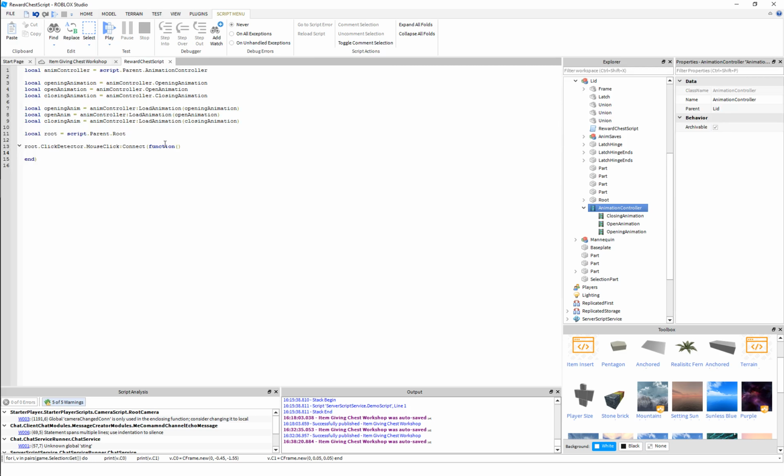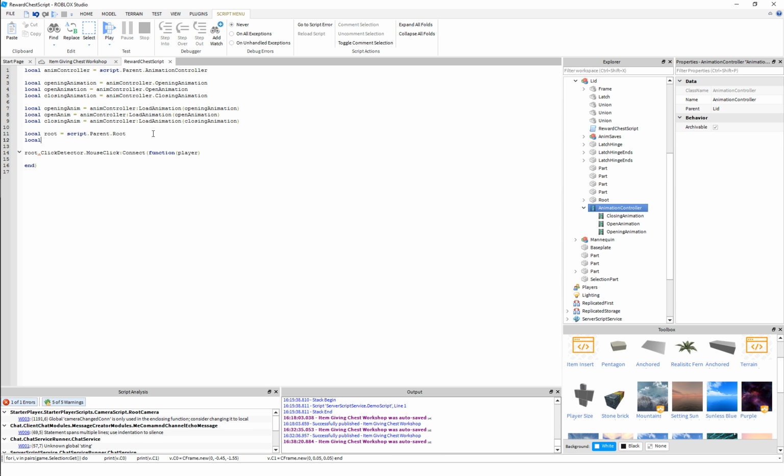And then function, and if we wanted, we could put player. We could put a variable in here, and this would give us the player, but we don't need that. Actually, we will. So we'll save it. We need it later, so we know who clicked on our chest, so we can pop up their GUI and all of that. But right now, we're dealing with the animations. So he clicks it, and then we're going to do